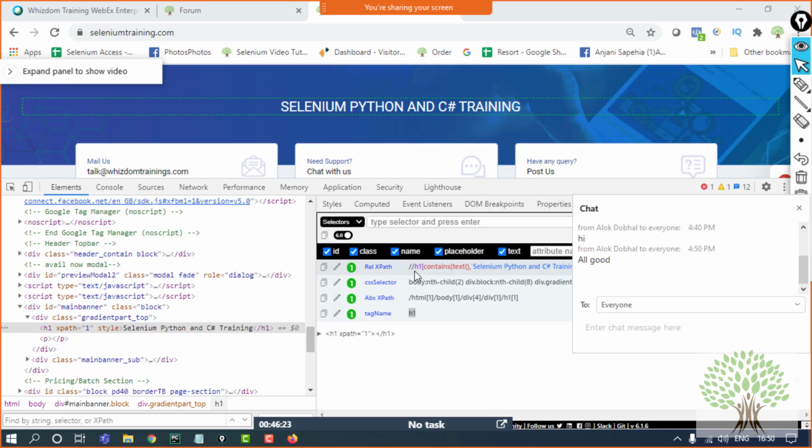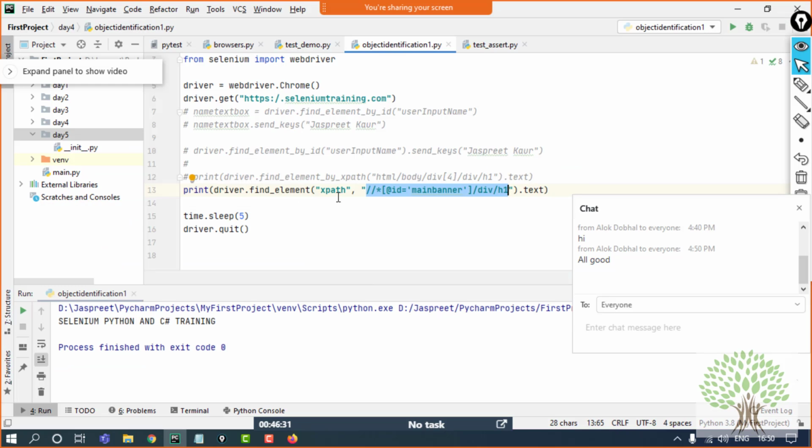Okay. We have already seen how we can use this particular locator to extract the element, which we have practically seen over here, right? We have seen the complete XPath as well, and the partial XPath as well. Now I'm moving further to something which is better than XPaths. It's better in many ways, and that is the CSS selector.